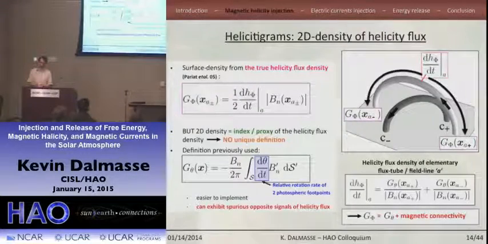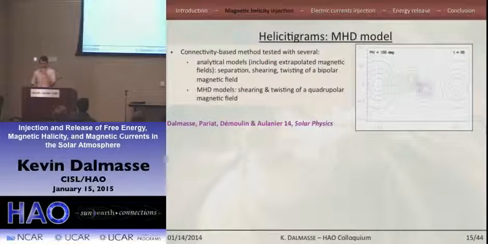So the main difference here between the G theta and G phi is that G theta disregards the notion of magnetic field lines. And as I will show in the next slides, the result is that the helicity flux density map that you're computing with G theta can exhibit simultaneous, spurious opposite signals. And this is a problem when what you want to do is to look at active regions in which you have real opposite helicity fluxes. So I implemented a method to compute G phi in active regions, and I tested it on several analytical and MHD models to validate it.